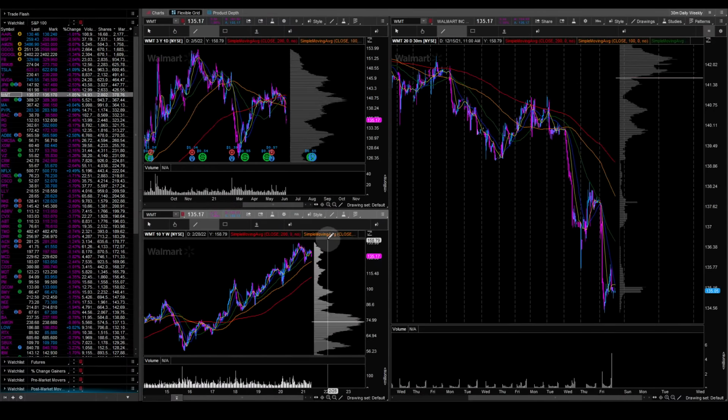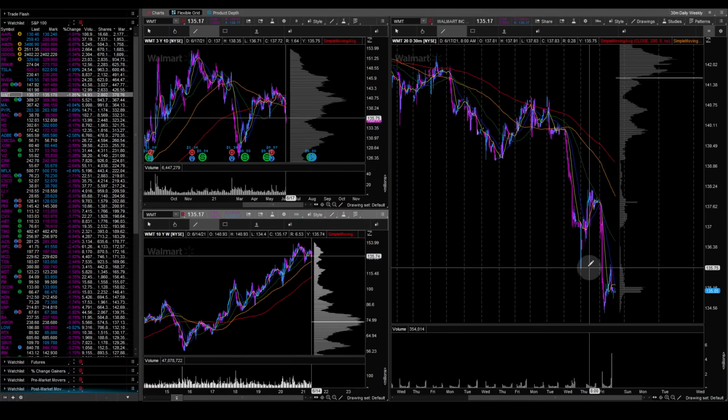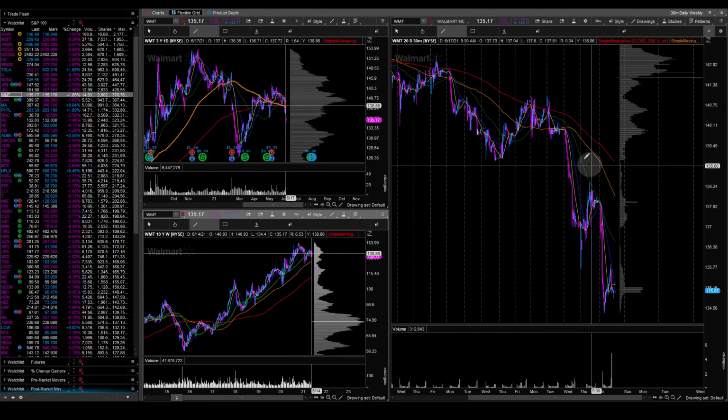Anyway, Walmart in a downtrend, consolidating. I like this move for the bear. You see how it came down, rejected off that tip there? So if you're a bear on Walmart,